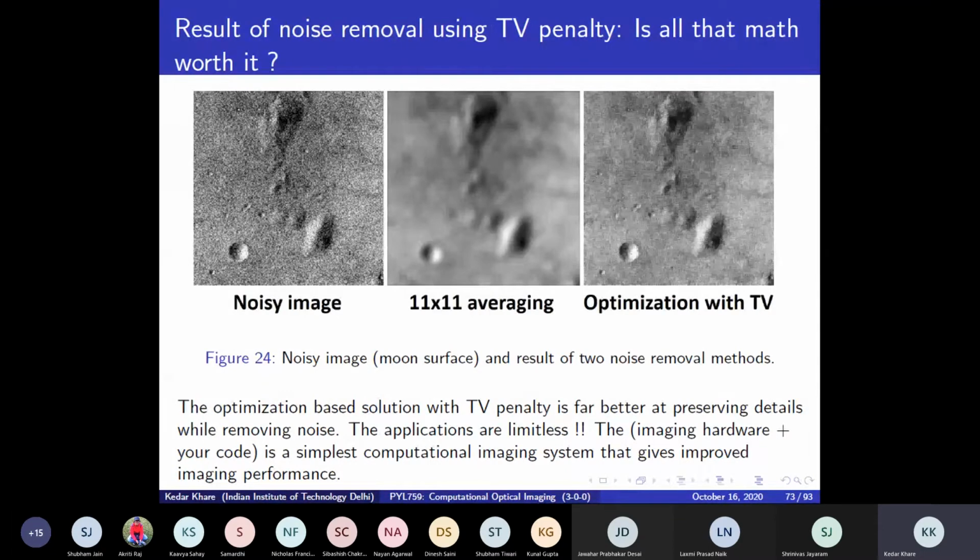So, at the time of a lunar eclipse, for example, I tried to take a picture of the moon with a few different cell phone cameras, and I found that some of them actually tried to complete the circle, although the part of the moon was supposed to be occluded. So be aware of what you are imaging and what you are getting out as an image. Okay. But if you are aware, then you can do something. If you are not aware, then you will believe whatever is the output.